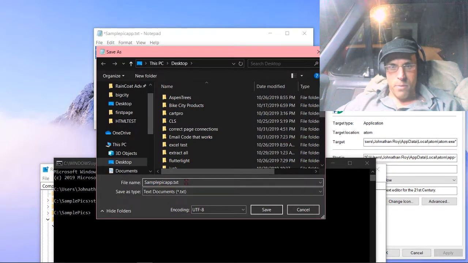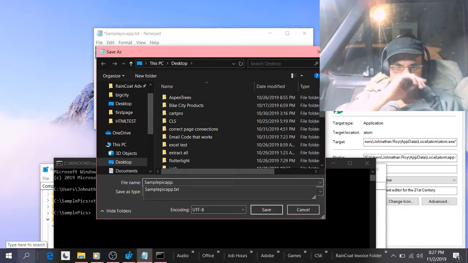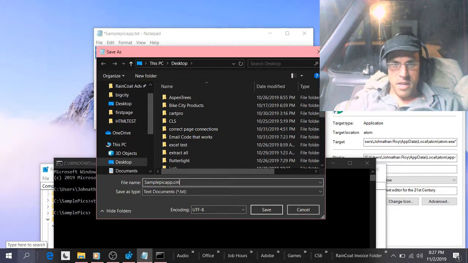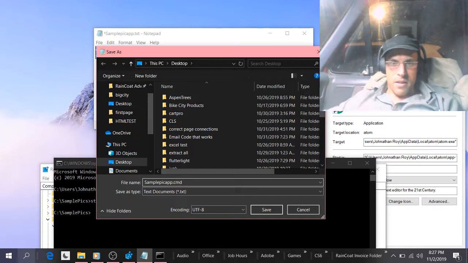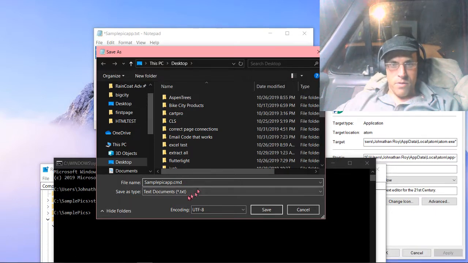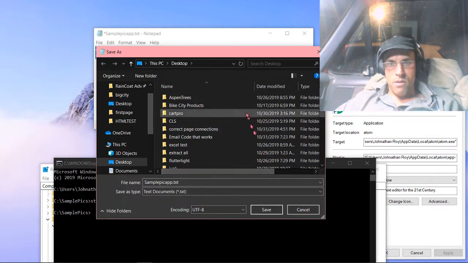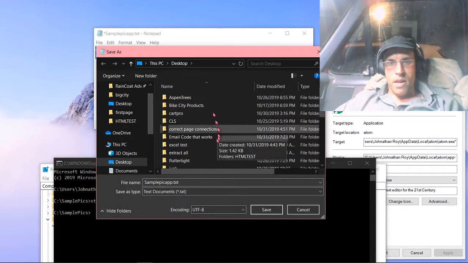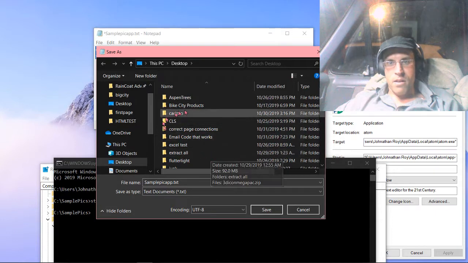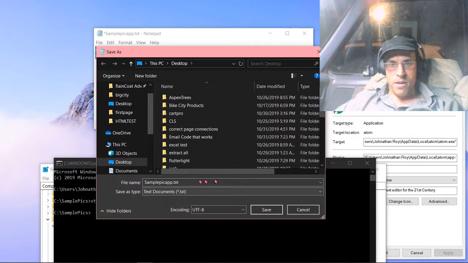So I'm going to call it sample pics app with the extension of CMD. And that way it'll go through the command prompt and process what I want it. I should be able to click save. If I click save as type, it gives me all files and it gives me text documents. It's just showing what you're trying to match your information up to inside your little directory prompt up here, and